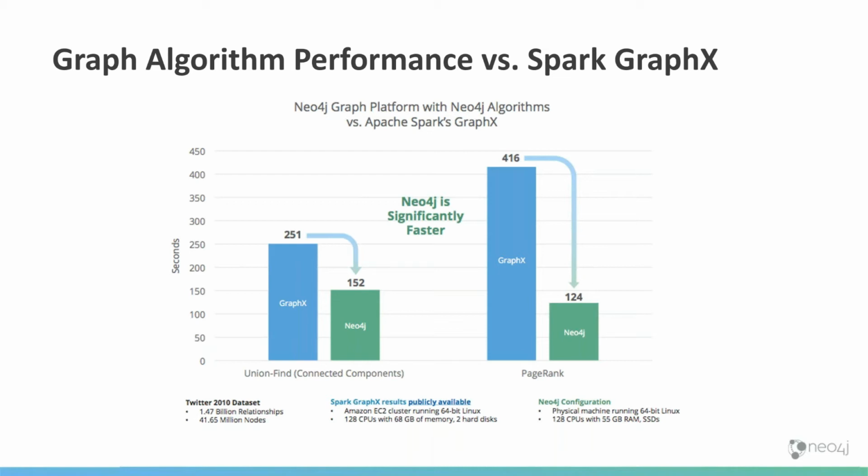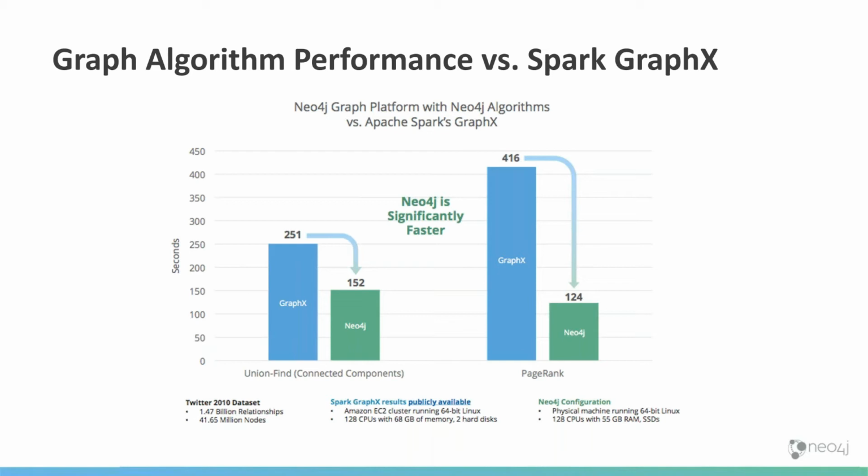So in these particular tests, you can see our environments are very similar, 128 CPUs each. The GraphX environment had 68 gigs of memory and 2 hard drives. Neo4j had 55 gigs of RAM with solid-state disks, and you can see that executing these two